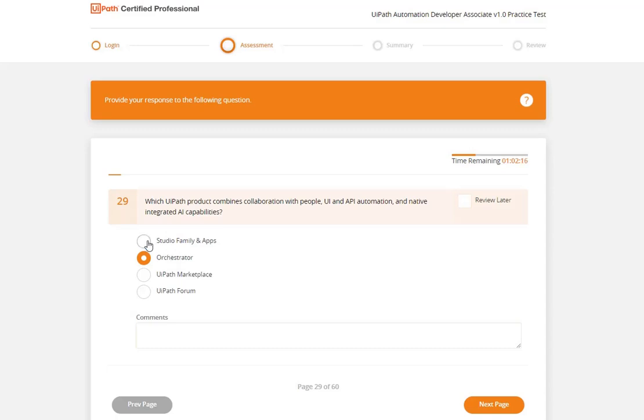But yeah, I'll go with the studio family and apps because I'm 100% sure the orchestrator won't come. This is not a correct answer because the question is where we can get the collaboration with people, UI and API automation, right? But normal people won't get access to orchestrator. Also for marketplace, yeah, forum might be, but